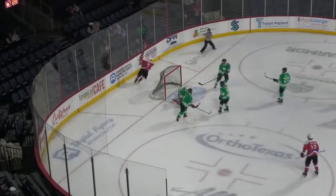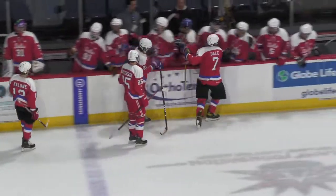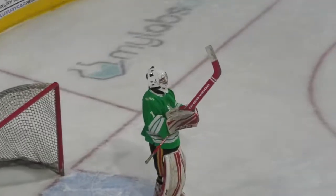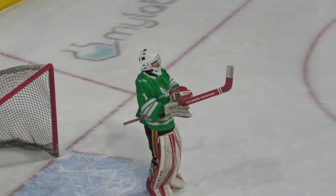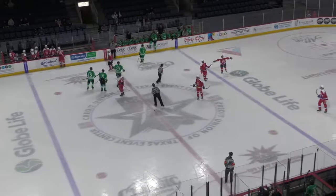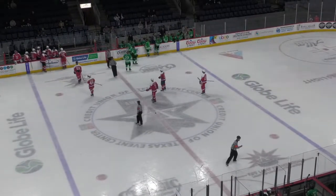Another shot by Dale. Scored! His second, back-to-back for Dale. That went five-hole on Hinchy. Dale literally with less than a minute apiece from each goal. That goal, he just wheeling it all the way up, and he's got a powerful shot, as we can see, as that trickled by on the five-hole. It didn't look like it was going to go in, but just trickled through